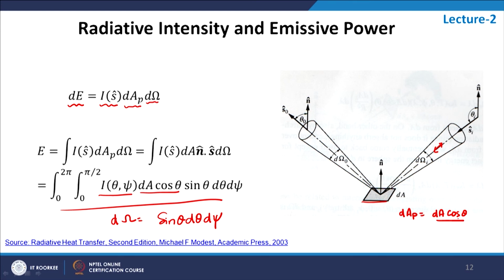When we do this, we get the emissive power. And for a black body, as we will see later, the intensity does not depend on theta and psi, that is, it is independent of direction, and we can take it out. So, the black body emissive power, which we will prove in the next lecture also, will be equal to the intensity taken out, because it is not a function of theta and psi, and then we just integrate over cos theta sin theta d theta d psi, and this will be equal to pi times Ib. So, black body emissive power and black body intensity are related by Eb equal to pi Ib.